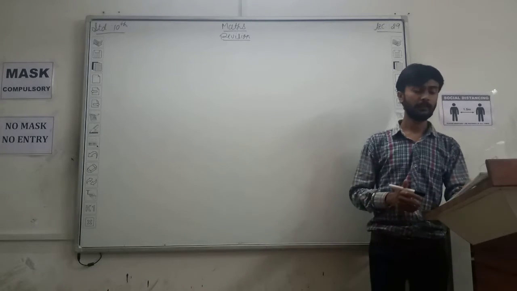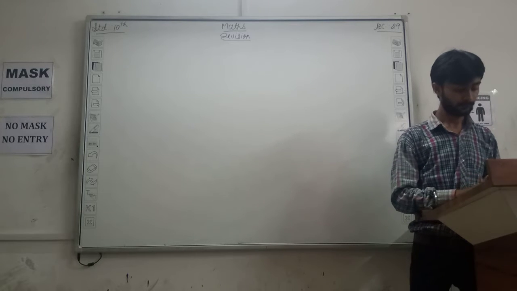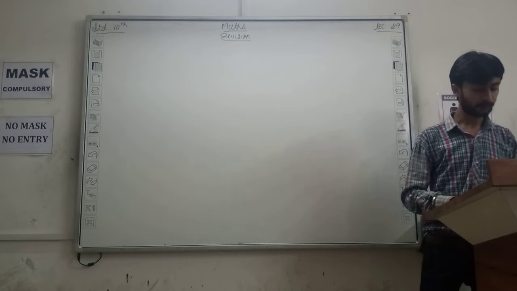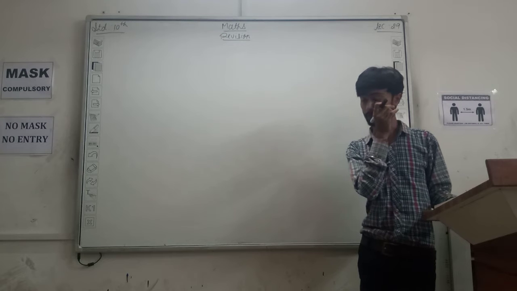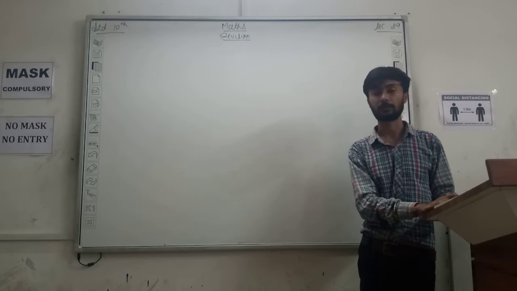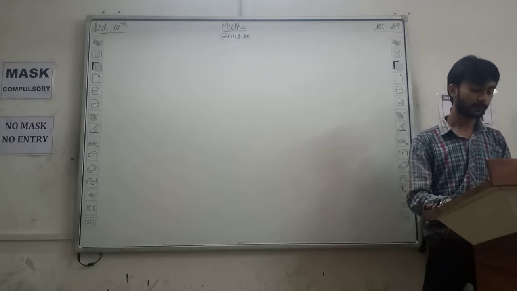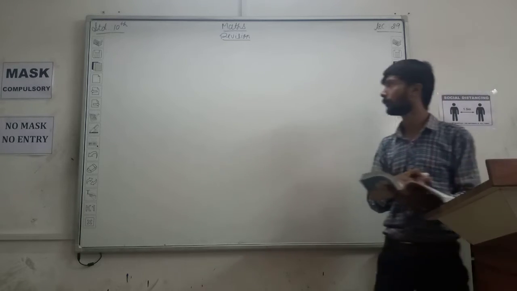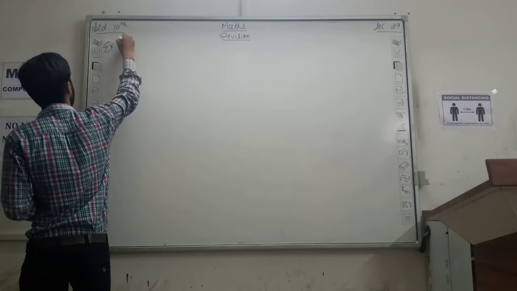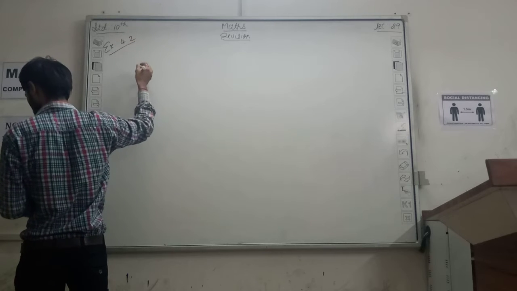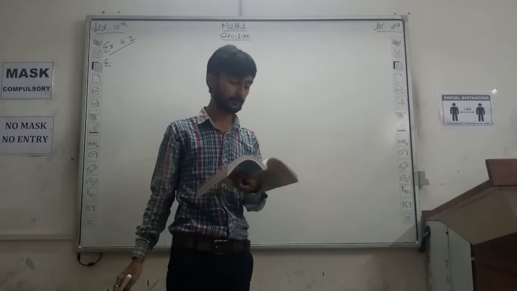As you all know, previously we have seen some sums of exercise number 4.2: how to make a quadratic equation and after that solve it, and how to factorize that equation. So let's move to number 6 of exercise number 4.2, which is the most important sum, right?